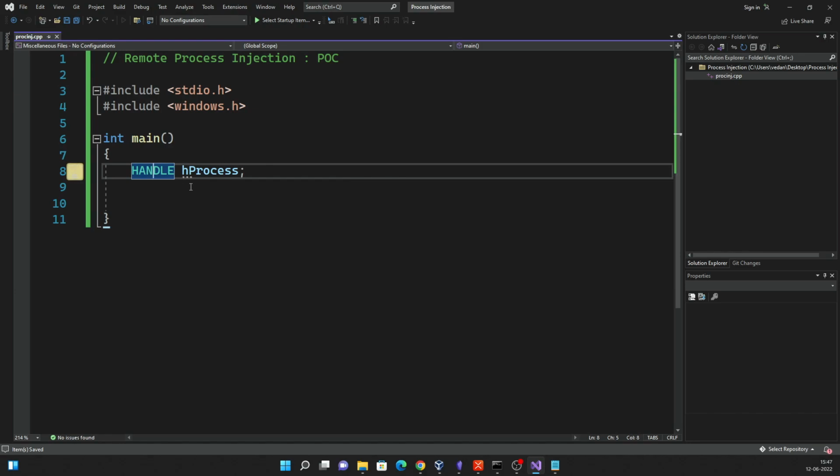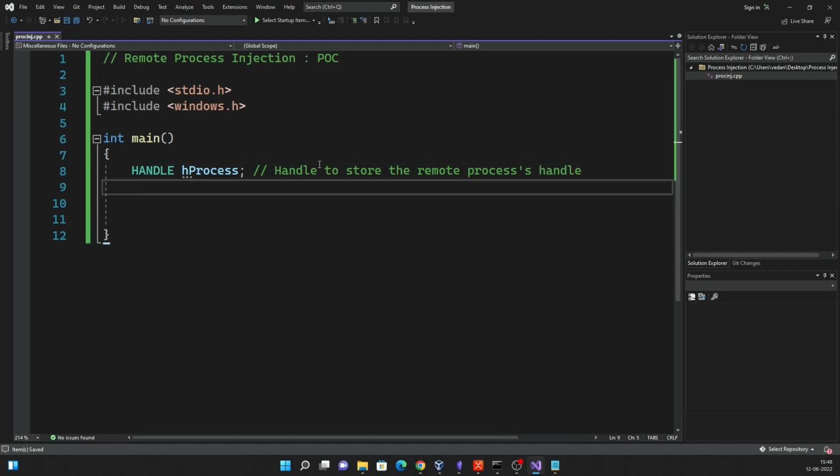If you remember, while I was explaining in the slides, the open process function is basically going to use this variable to store the handle which is retrieved from the target process. Now this might be a bit confusing to understand, but you'll understand it when we are programming it, when we move a bit further. So I'll leave a comment over here, which basically is handle to store the remote process handle,